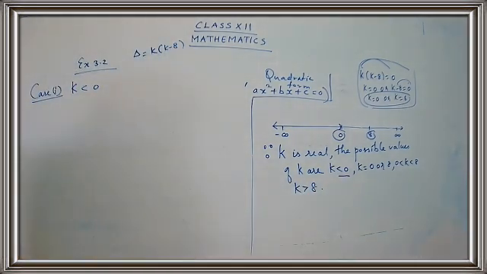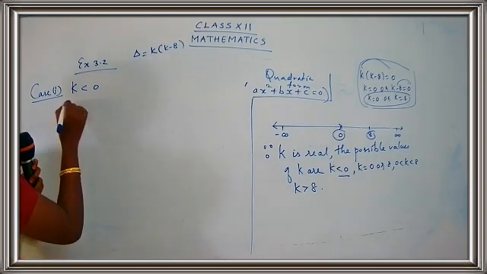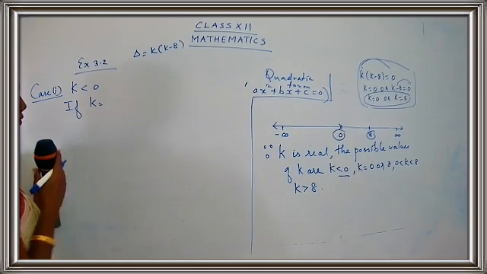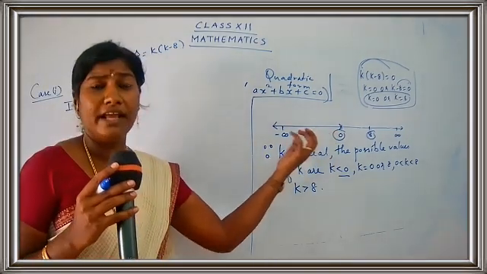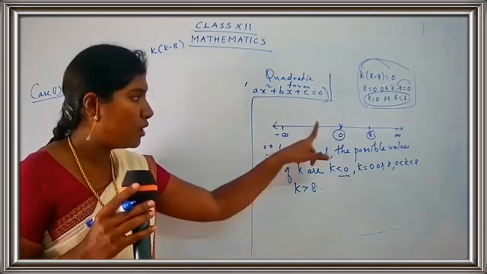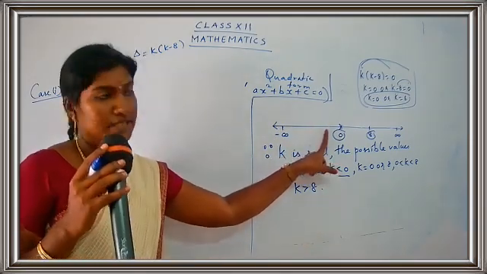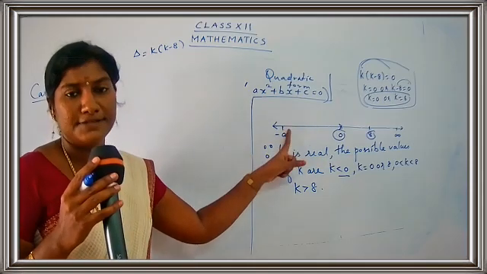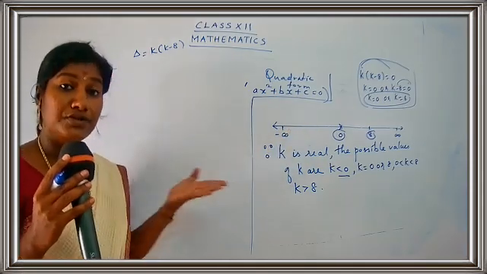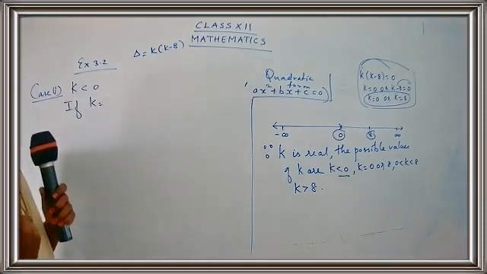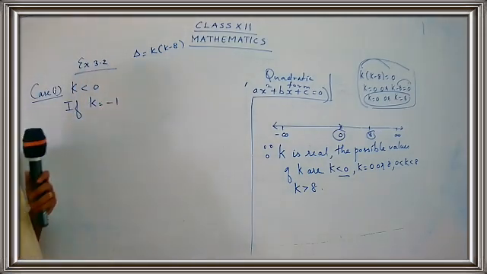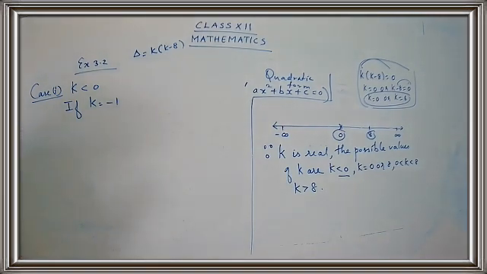Okay. Now, what are we going to do here? You are going to consider a number. So write down here, if k is equal to. Now k less than 0 means what, children? K less than 0 means you have to take a negative number. You know what is the next number here? It's minus 1, minus 2, minus 3, minus 4, minus 5, minus 6, and so on. It goes on. So you can just take any number you wish. I am going to take minus 1. So if k is equal to minus 1. What is the number I have taken here? I have taken the number as minus 1.